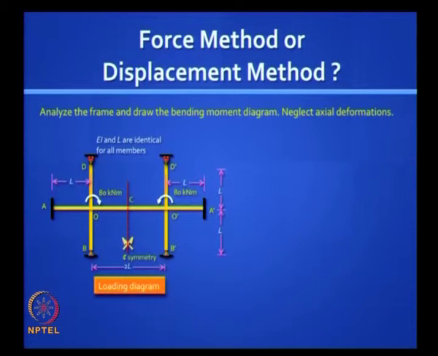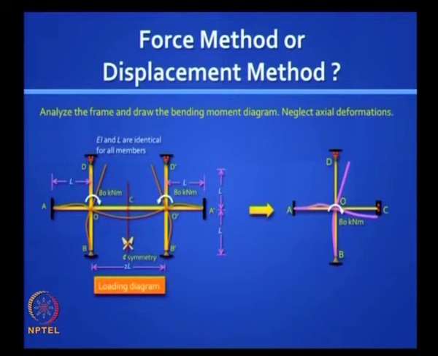Okay. The indeterminacy is more. How much is it? Here it is only 1. Okay, first let us take advantage of symmetry, right. So let us cut the beam at the center at C. The appropriate boundary condition is a guided roller support, because rotation there is 0, but it can deflect. So let us look at this reduced frame. Let us neglect axial deformations. Tell me what is the degree of static indeterminacy?